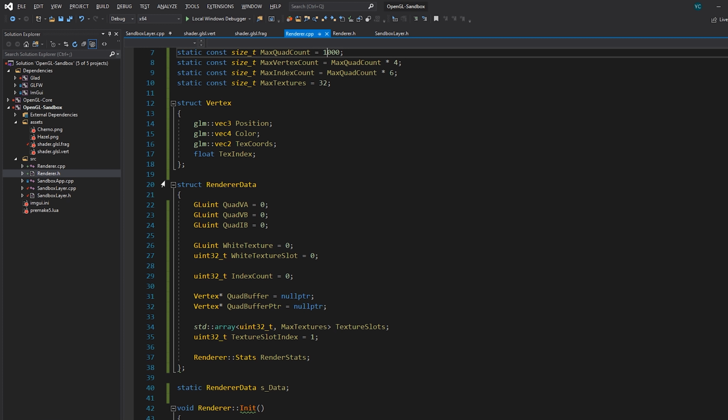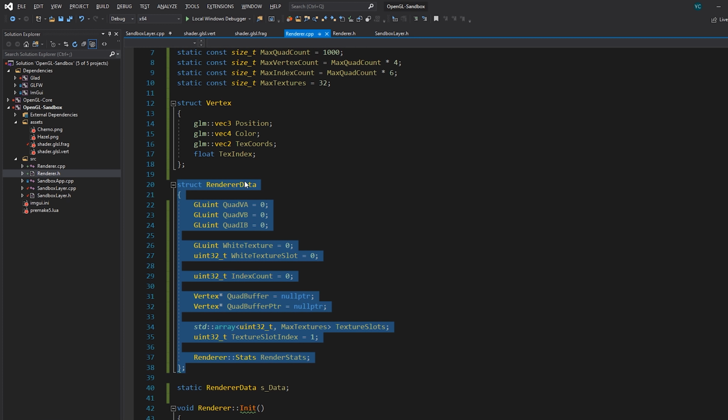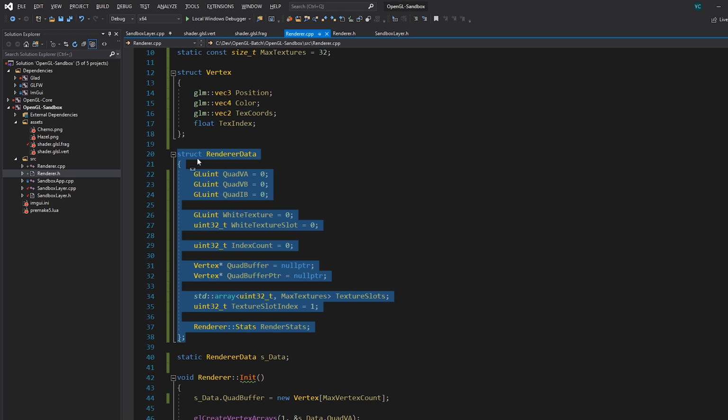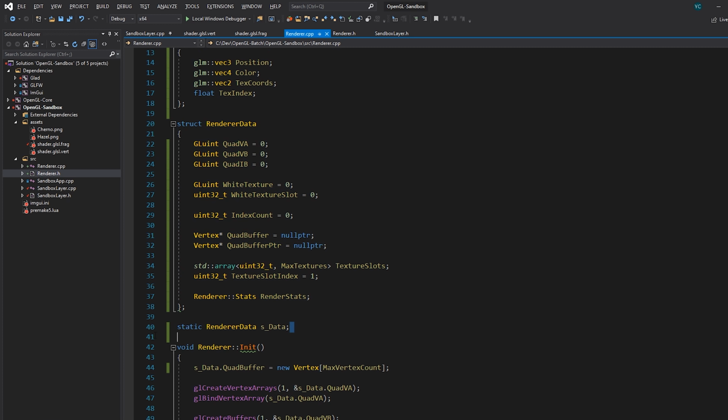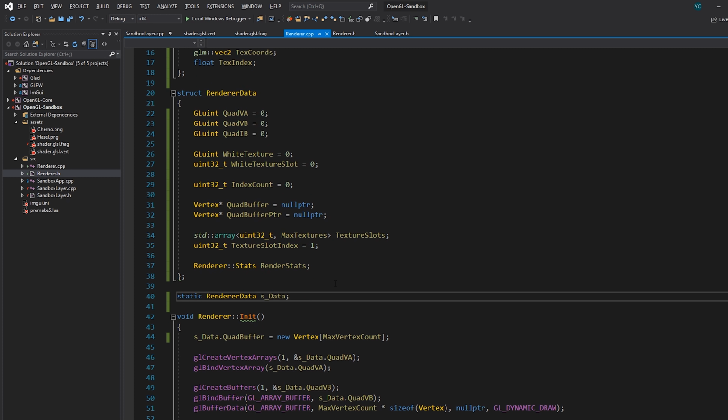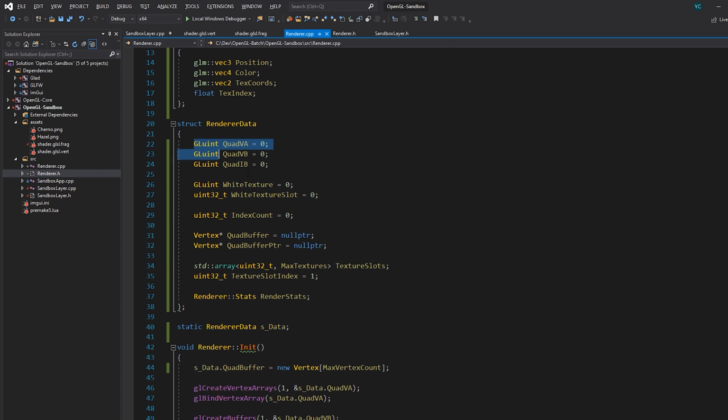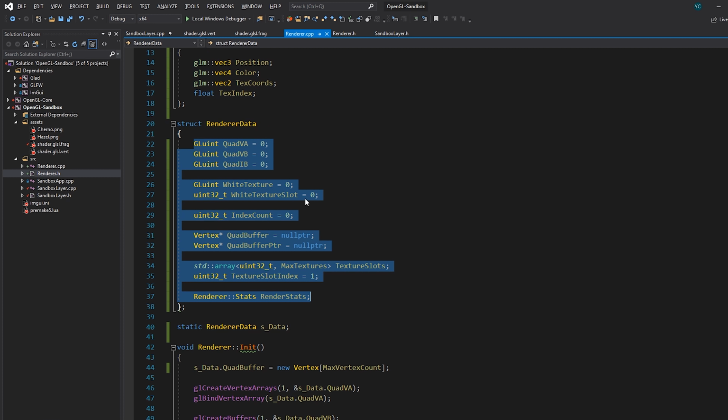So with it being a static class, what I've done is defined a struct here called renderer data. Now this, again, could be any kind of data structure that you want. I mean, you could just have these as variables inside a namespace. You could just have them as static variables. I like making a little struct called renderer data and then making a static instance of this. It's not statically inside a class. It's just static inside this translation unit, meaning that it's internal to this translation unit. But basically, this is some static storage that will contain all of the data that we actually need for